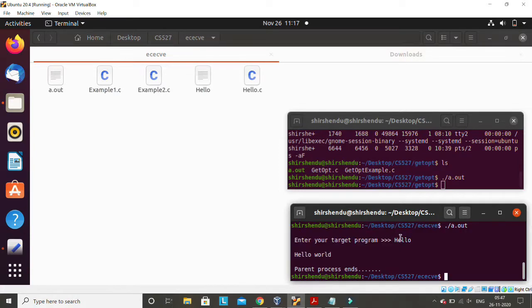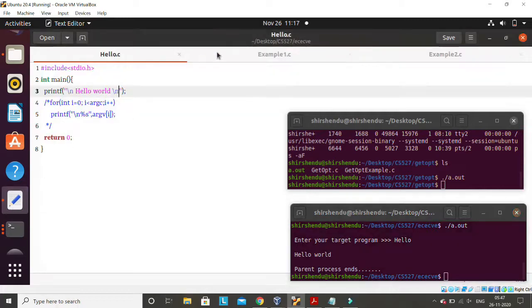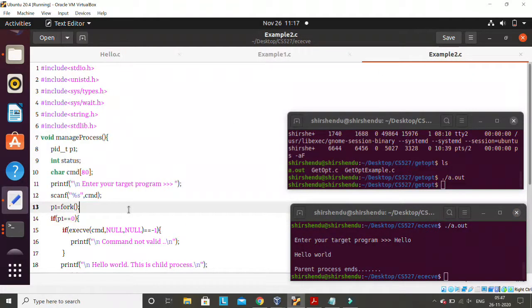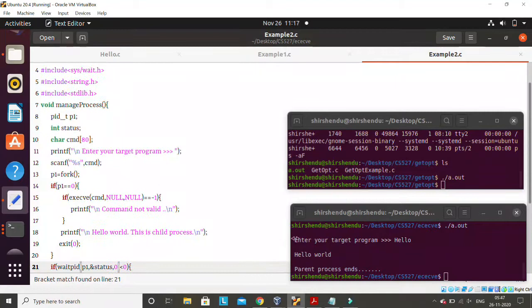See, the child process has executed this program. Hello world is not written in this program. Let me show you the code of example2.c. See, in example2.c hello world is not written. So what is happening here: after creating the child process at line number 15, we have entered this string hello, right? At line number 16, it is loading a different process. It is loading this hello executable file, and it will start executing that process. The child will execute a different process from here.